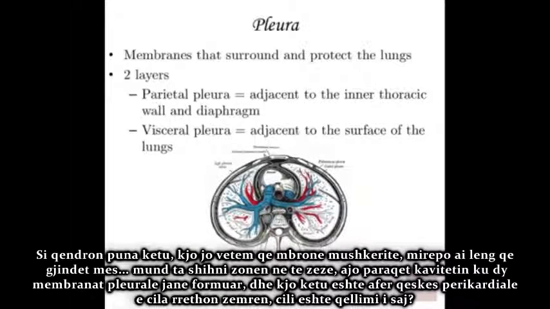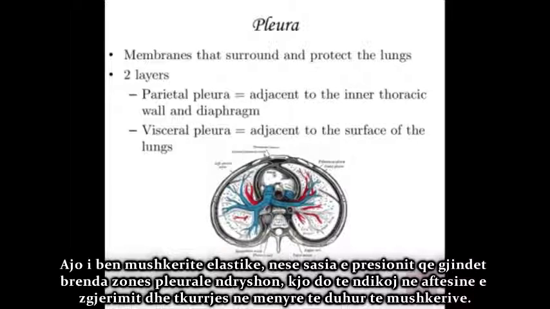So what's the deal here? Not only is it protecting the lungs, but that liquid that's in between. So you can see that this black region is the cavity that the two pleural membranes form. And over here, it's actually adjacent to the pericardium, that sac surrounding the heart. What's the purpose? Well, it helps keep the lungs elastic. If the amount of pressure that's inside of this pleural region were to be changed, it would change the ability of the lungs to expand and contract adequately.